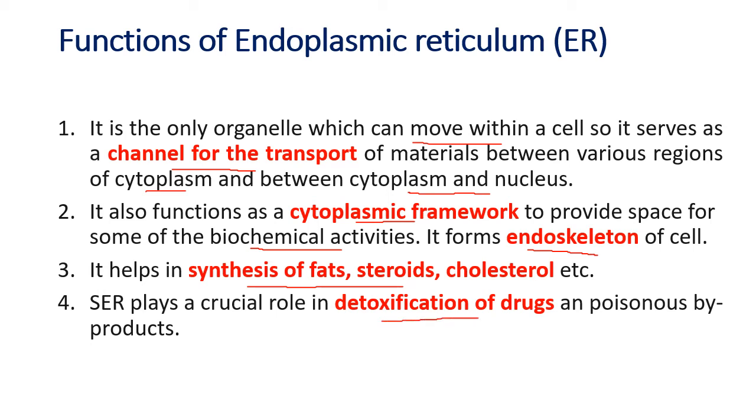and poisonous byproducts. So when the cell is using something, some waste will be produced. And if this waste gets accumulated in the body, it can eventually turn into poison. So those chemicals have to be broken down. They have to be detoxified, means the toxic effect has to be killed. And smooth endoplasmic reticulum plays a crucial role in this